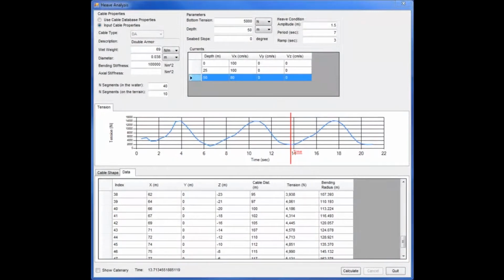The Heave analysis tool is part of the power cable modules available with Makai Plan Pro for planning a safe cable lay from the office, and with Makai Lay for quick analyses during a lay at sea. This tool helps users to simulate the effect that heaving may have on the cable and analyze the results. Users can then adjust the lay parameters to ensure that the cable manufacturer's tension and minimum bend radius limits are